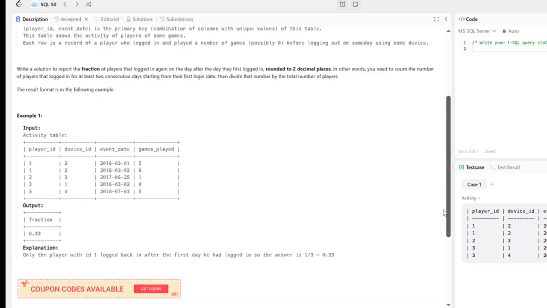So here's the example input. So we have player ID 1, and this is the device ID. Then we have the event date. So on 3-1 they played 5 games, on 3-2 they played 6 games. So see, player ID 1 played on 3-1 and also on 3-2. Player ID 2 only played on 6-25, and then player ID 3 played on 3-2 but did not play on 3-3. So for each one of them, we really want to know what is their first play date,